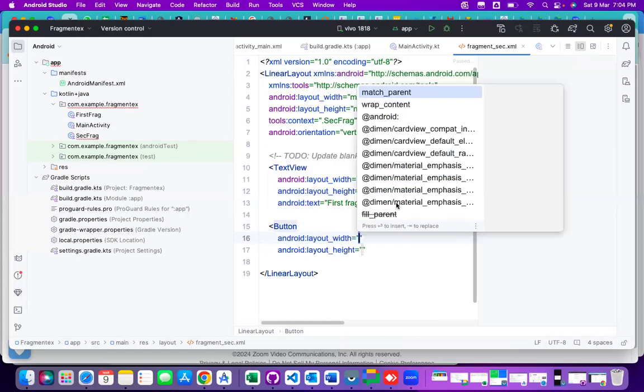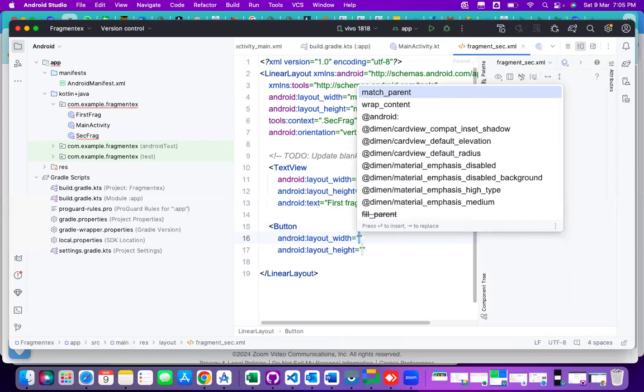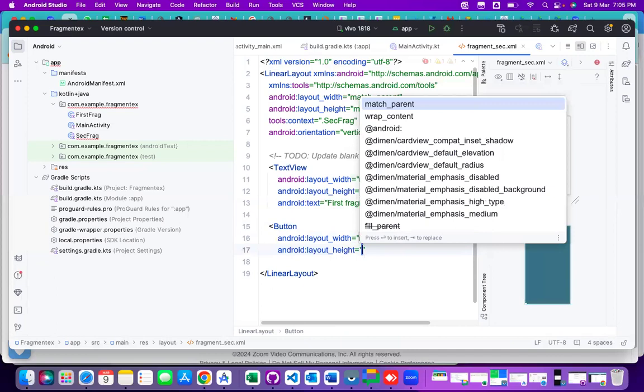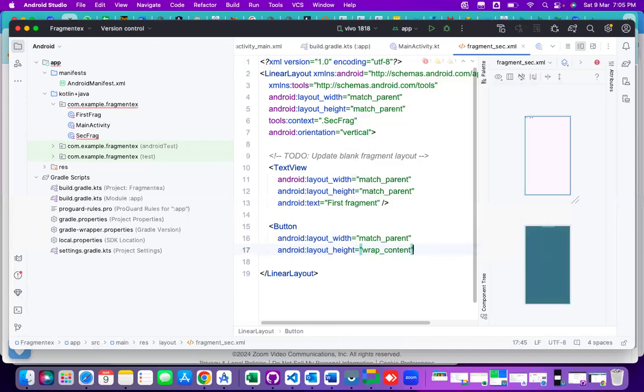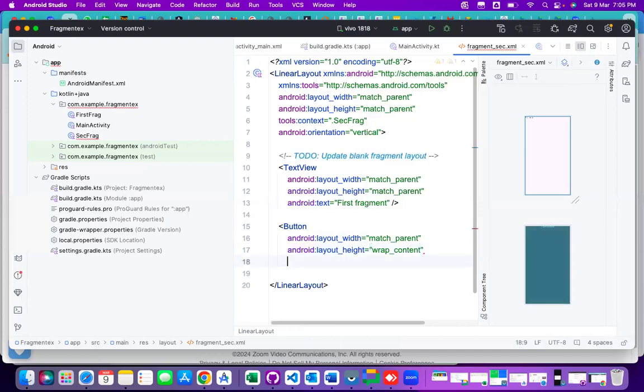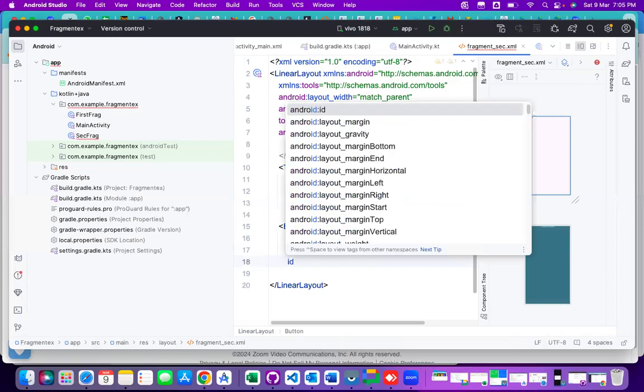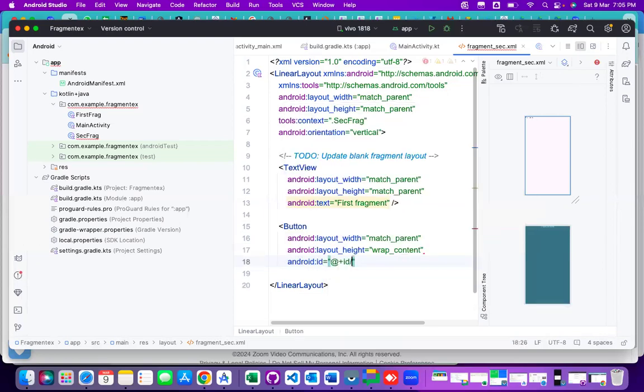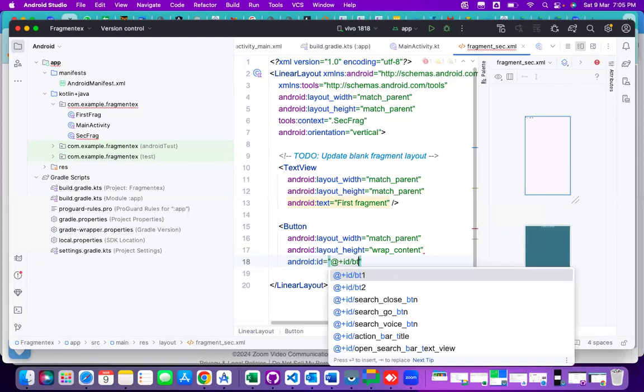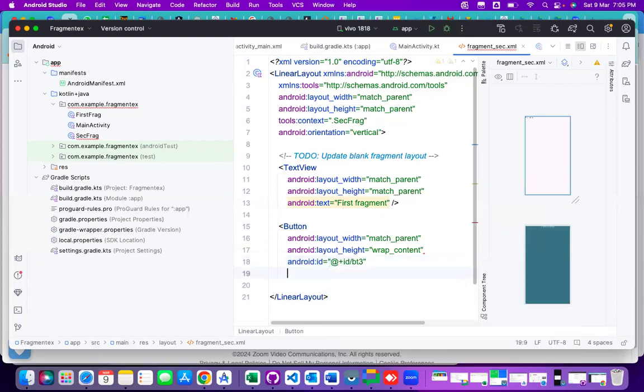Button width is match parent, height wrap content, ID that is bt3, and a text. So move to activity means my intention is from here, I want to move to the activity